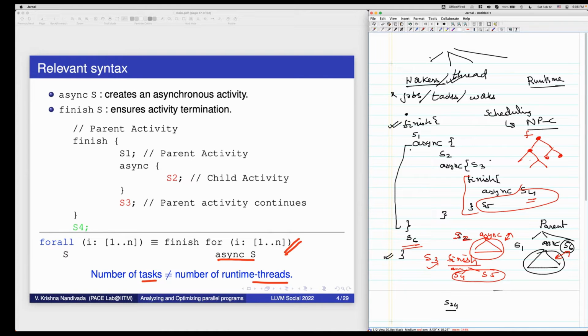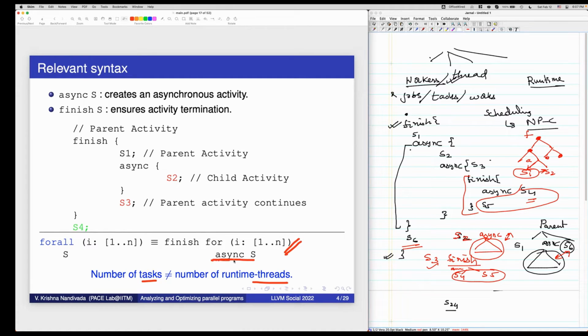And if it is an async, let's say this is an async S1 and S2. I'm creating an async and going down here. Then this S1 will run in parallel with whatever may happen after that. We will stick to some simple concepts.